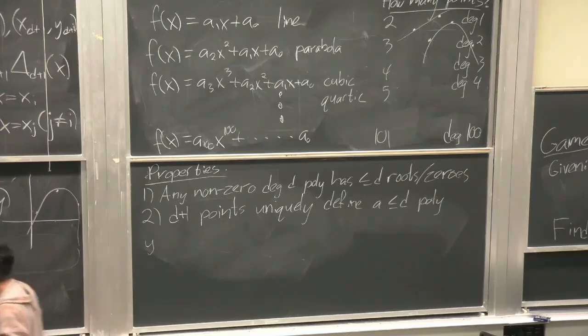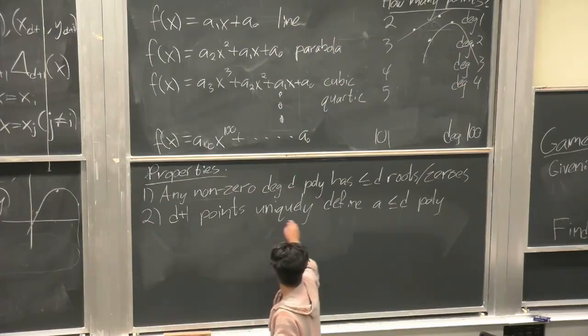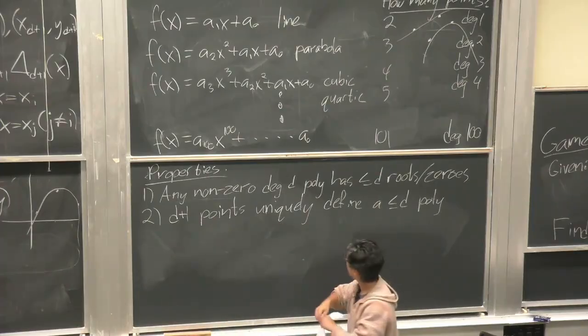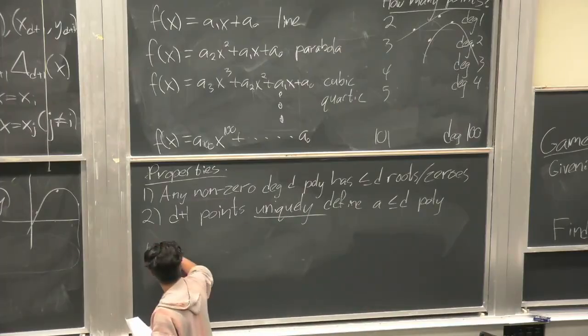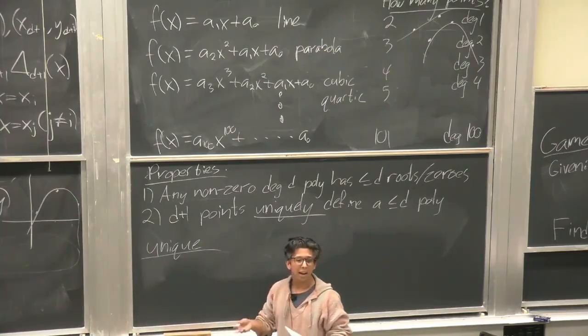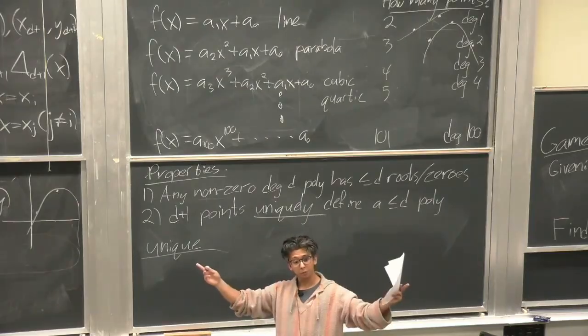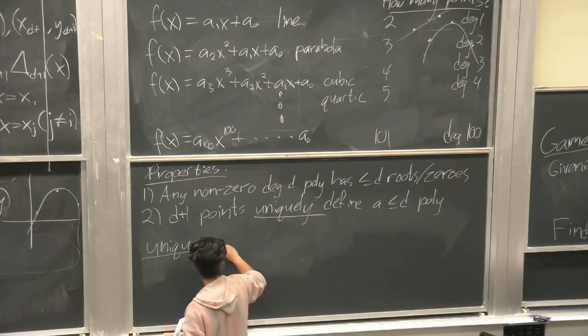Okay. So we proved that a degree d polynomial exists. Now we want to prove that it is a uniquely defined polynomial. So how do we know it's unique? This is the proof. And this is how we always prove uniqueness. Assume there's 2. Show that they're actually the same. Right? So assume